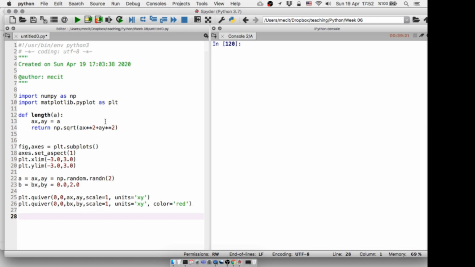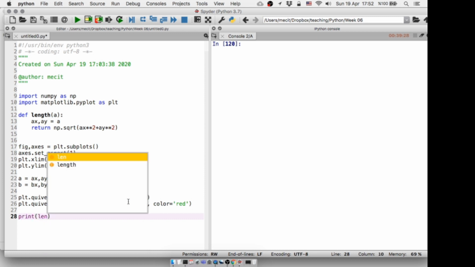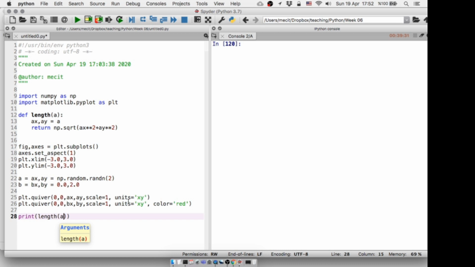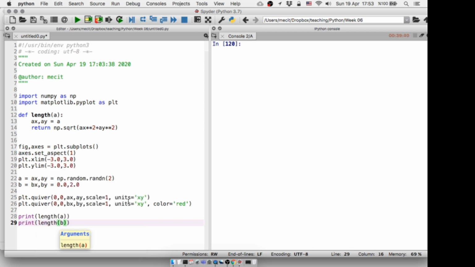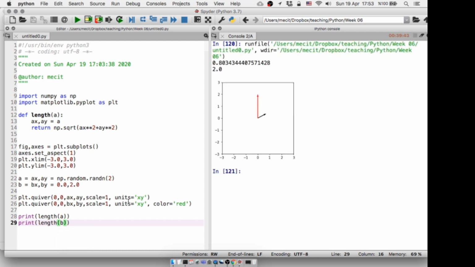Okay, here let me print the length of a, and in the next line I can print the length of vector b. Next I want to format them as well. So length of b is 2 and length of a is 0.803, that long decimal number. So I want to format it